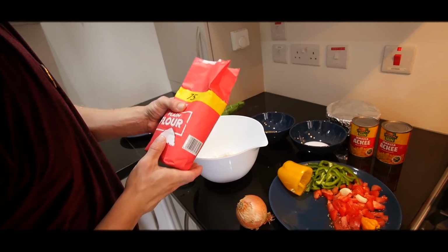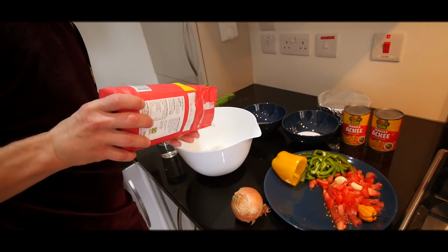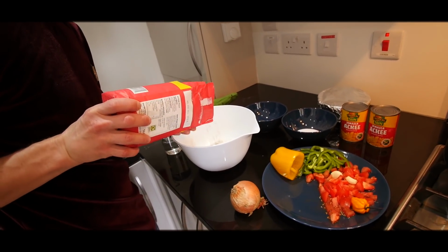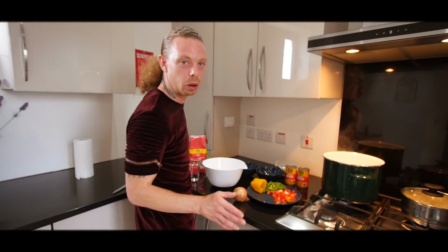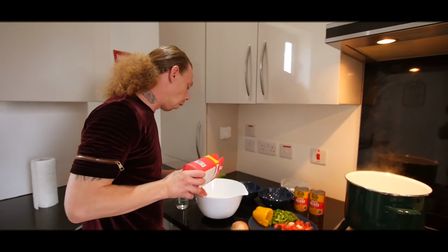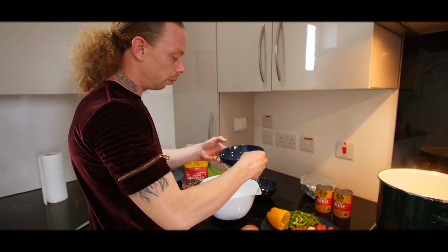So right now, we're gonna do some boiled dumplings. Somebody asked me the other day, how do I make dumplings? I said, how you asked me that? It's the most simplest thing in the world. Flour, little salt,